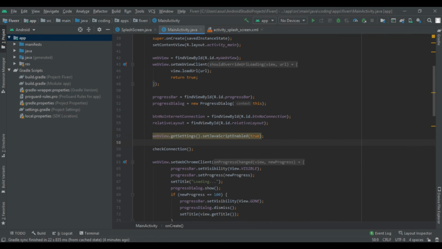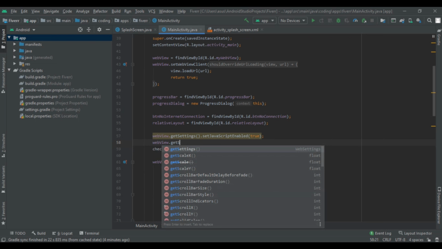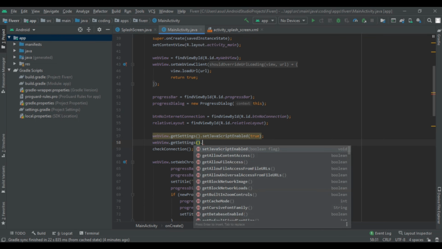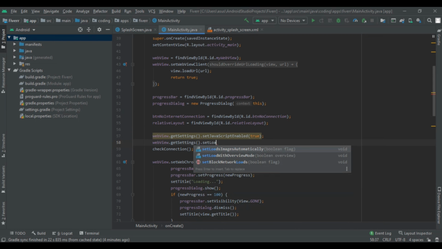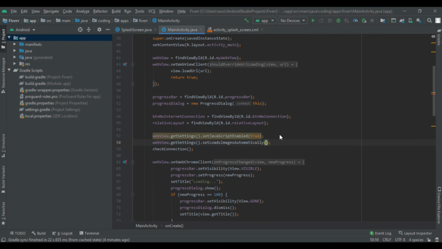And now we are going to write some more code. So webview.getSettings().setLoadsImagesAutomatically(true). So this will automatically load the images.